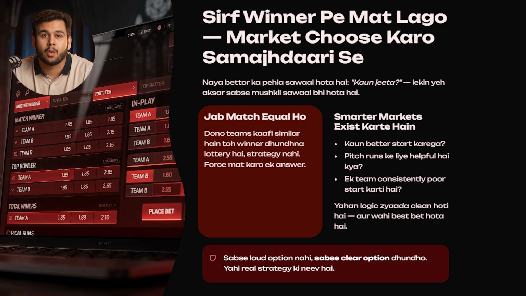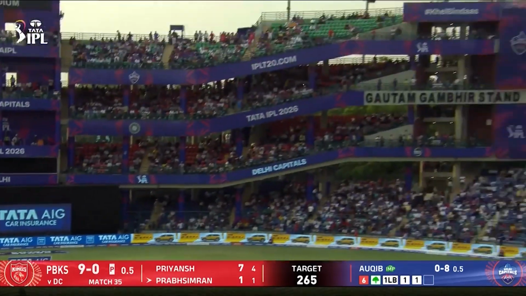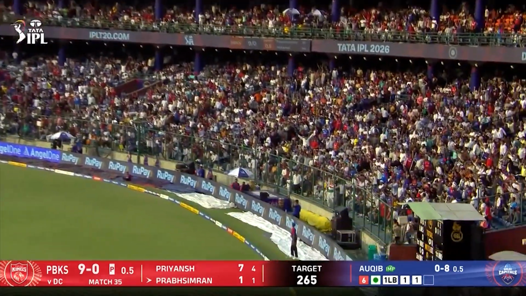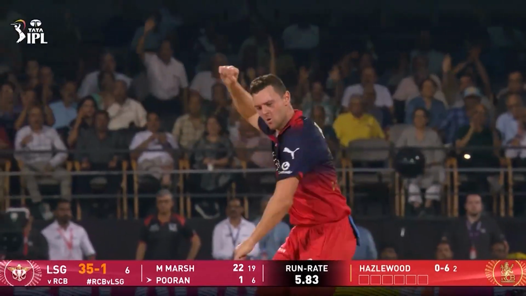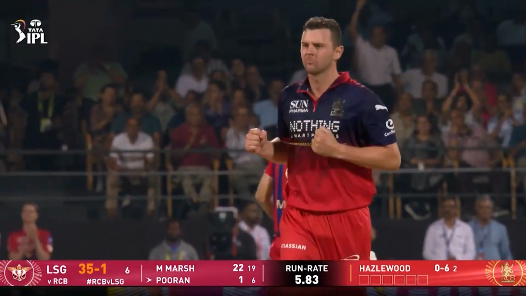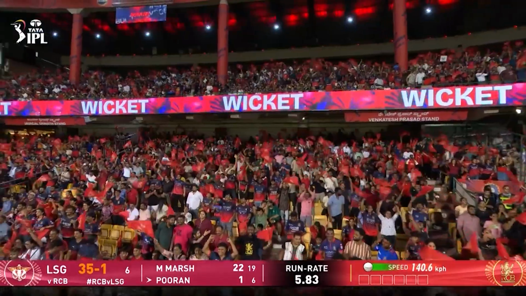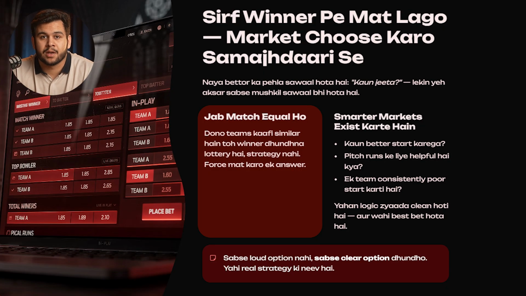Sometimes it's much smarter to look not at the whole match, but at one specific part. For example, which team can start better, who can score more runs, which player can become the main run scorer. The match winner can be unclear, but at the same time, it can be obvious that the pitch is good for scoring runs. Or the opposite, the winner is not clear, but you can use that one team starts very badly, while the other usually starts very strongly. This is where real strategy appears, not where everyone is going, but where the logic is cleaner. The main mistake is thinking that you always have to enter on the winner. A normal strategy doesn't search for the loudest option, it searches for the clearest one.